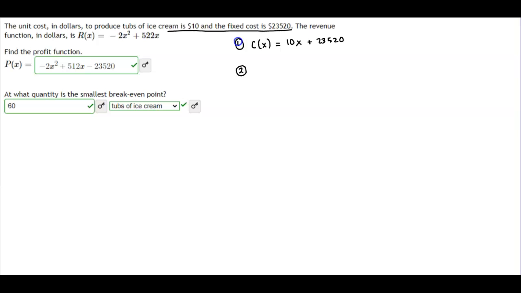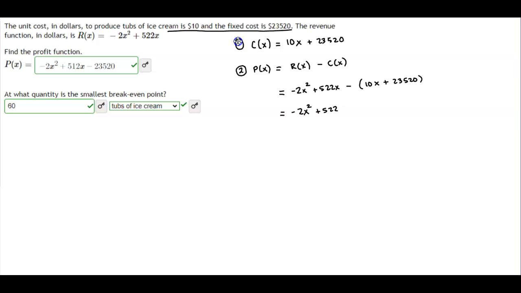Step number 2, what we want to be able to do now is find the profit function. And remember, the profit function is equal to the revenue minus the cost function. So the revenue is negative 2x squared plus 522x, and then minus the cost function, which we found in step 1, which is 10x plus 23,520. So now if we distribute the minus sign,